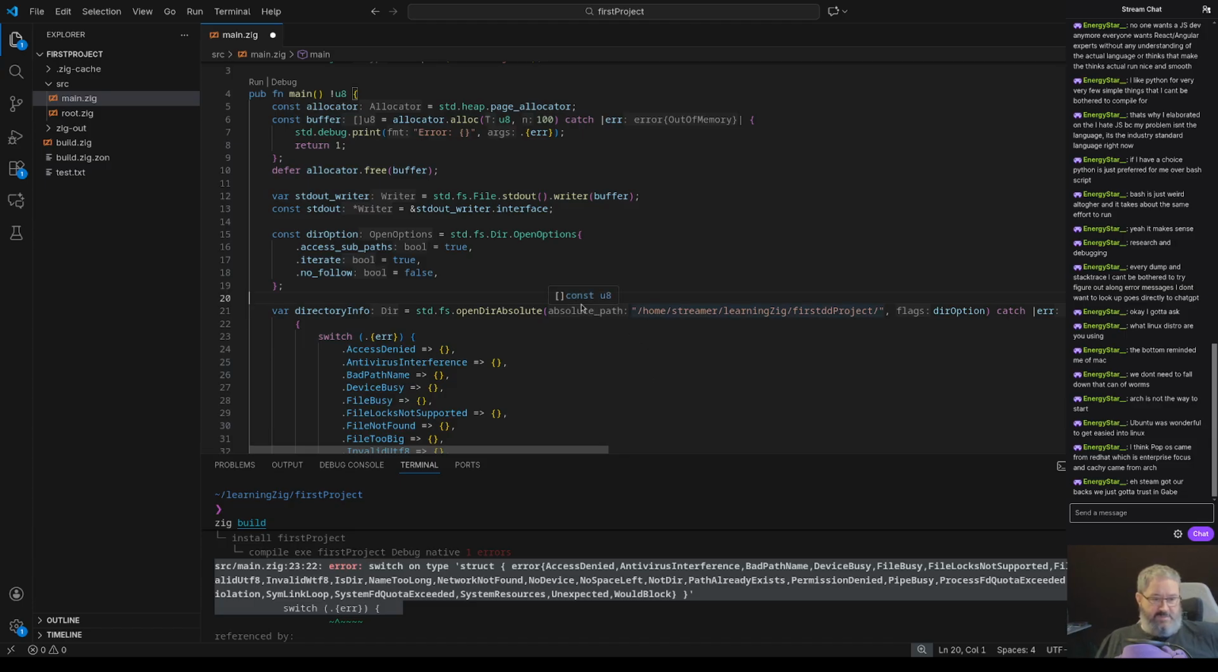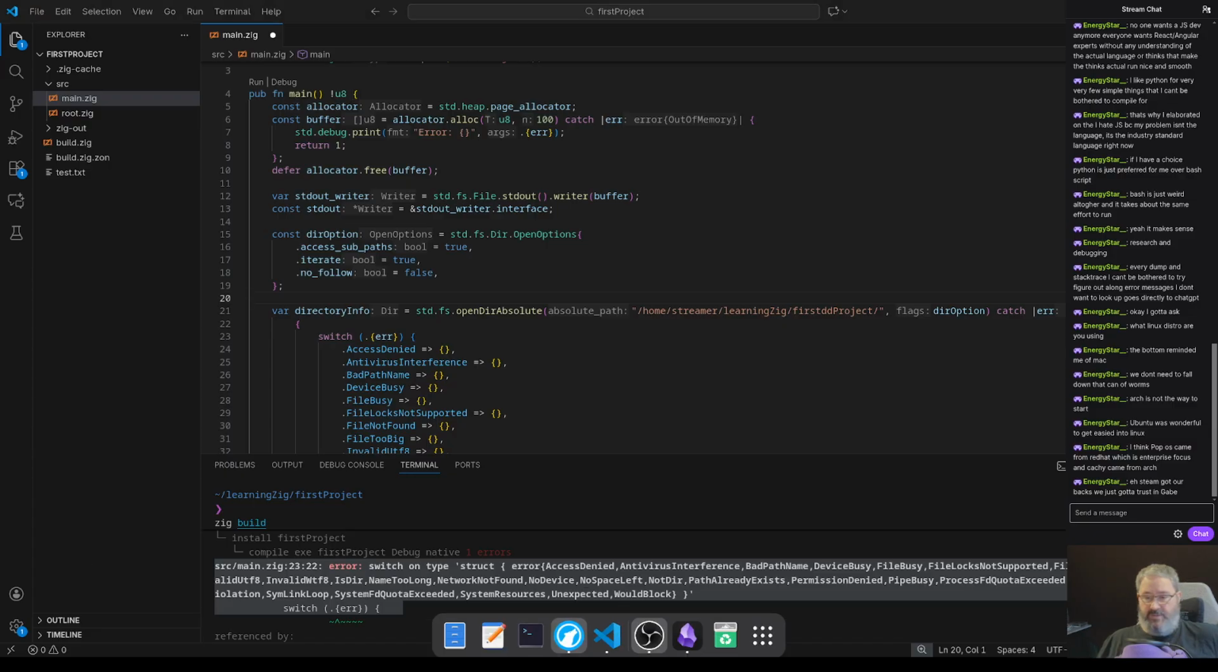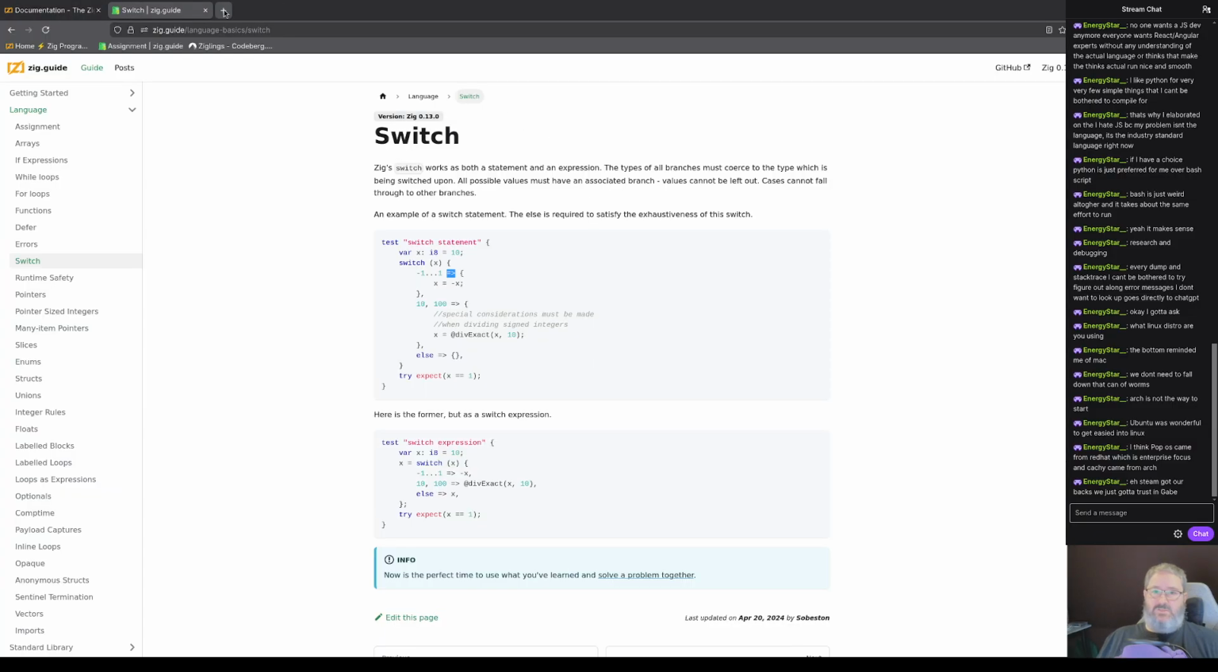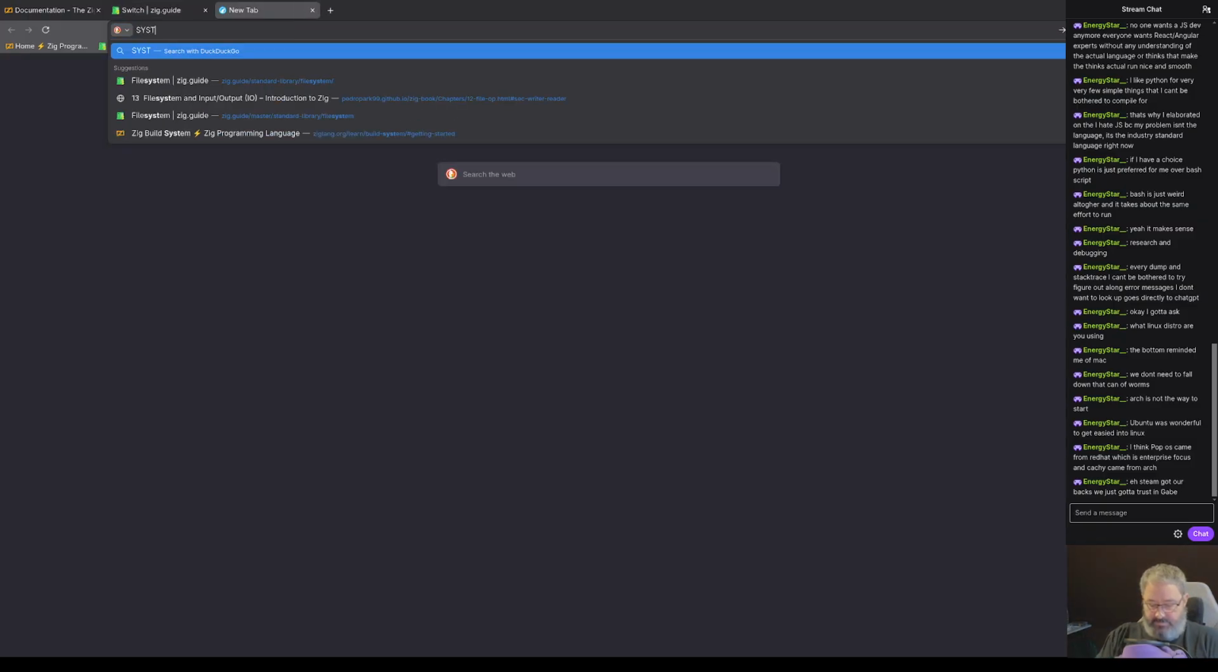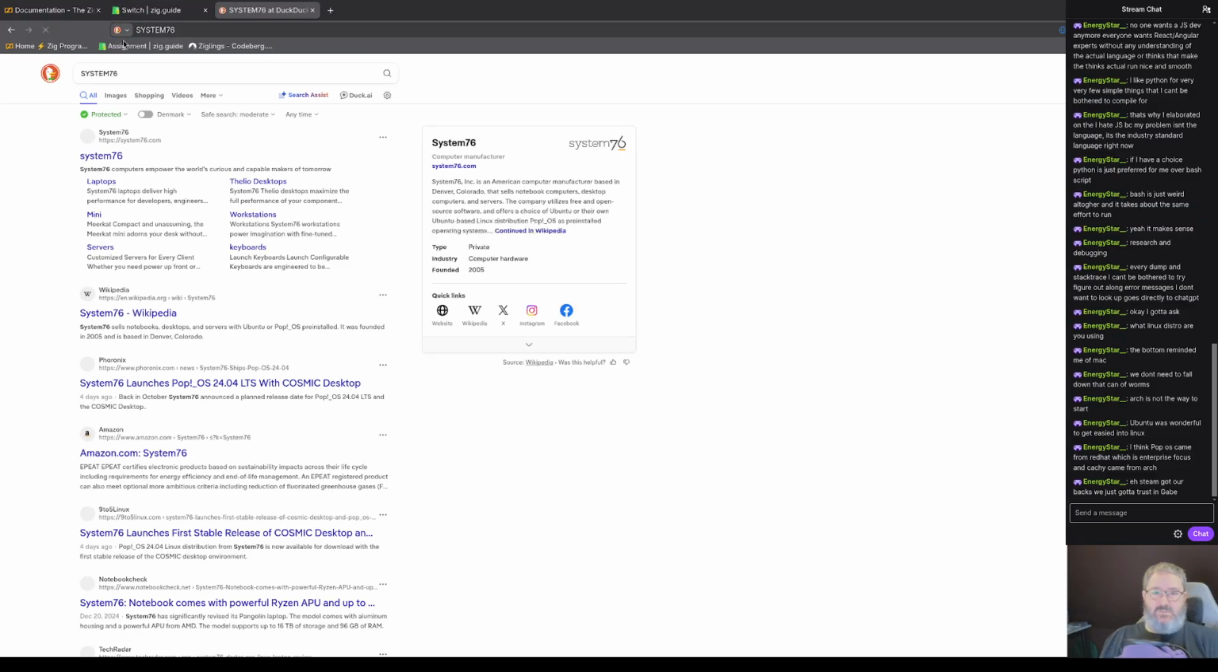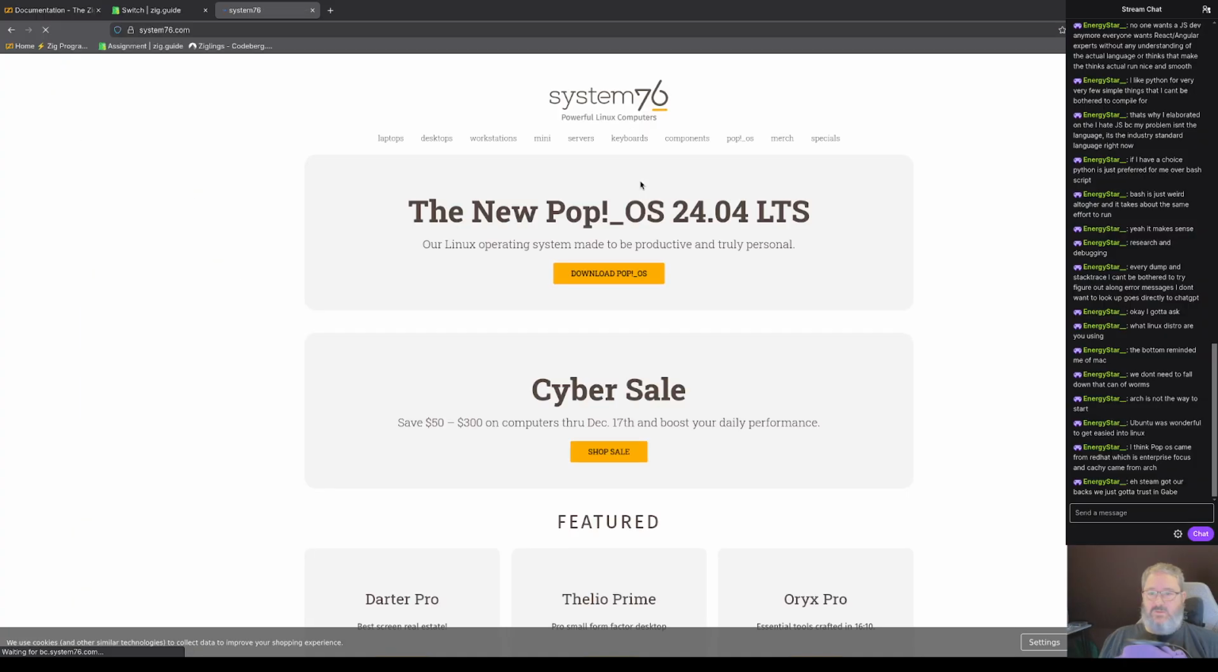I think PopOS came from Red Hat, which is enterprise focused, and Cashy came from Arch. Cashy is Arch based, yes, but PopOS is from System 76. System 76. Yes. They are the one that made the new PopOS. So they actually released the new version